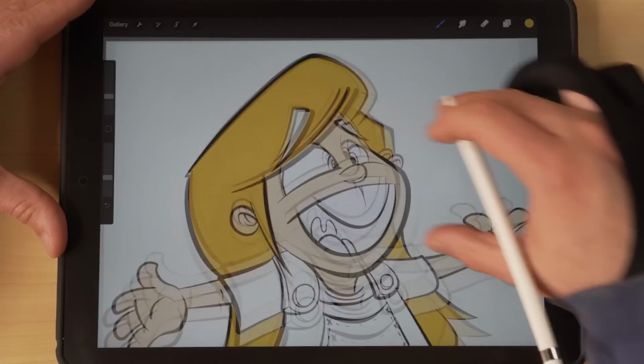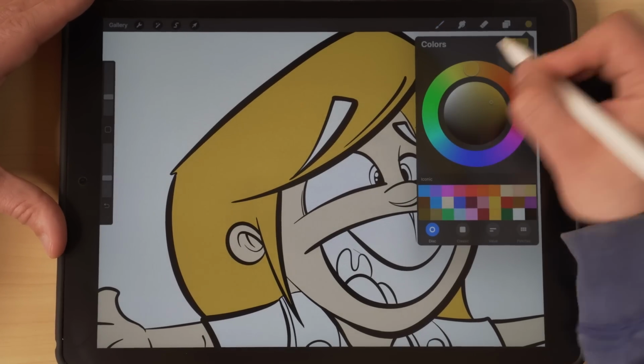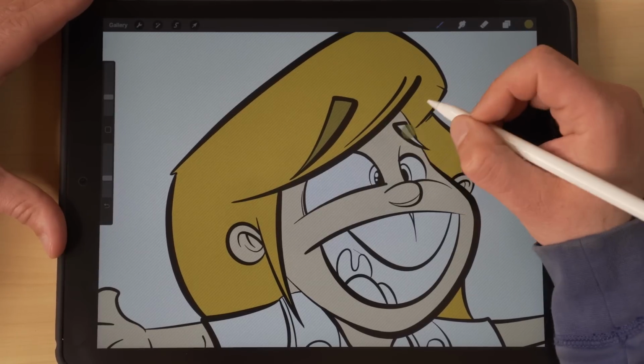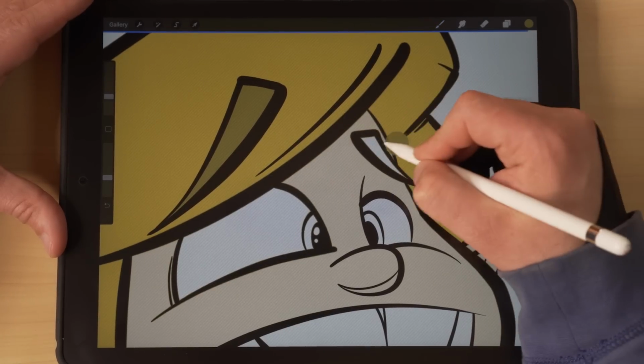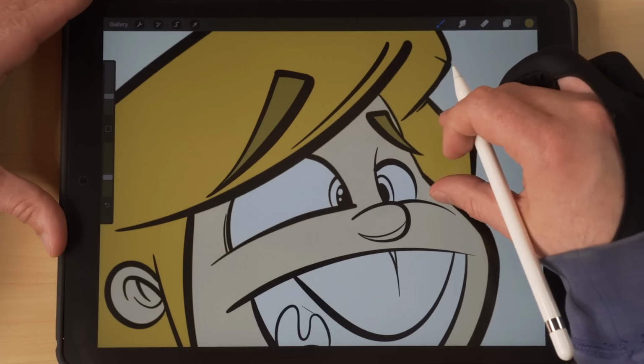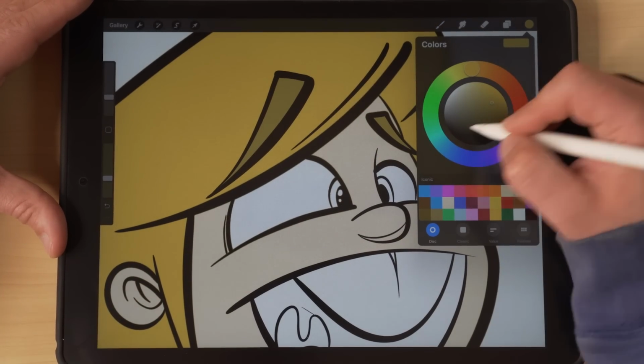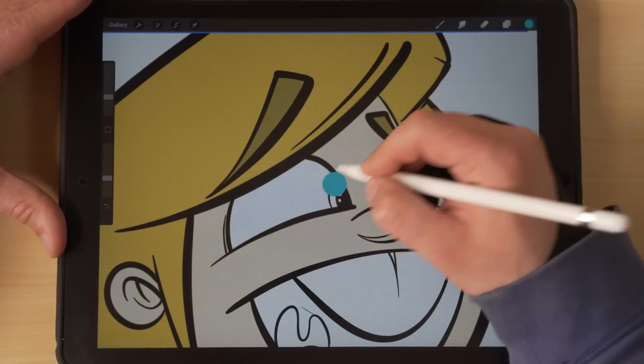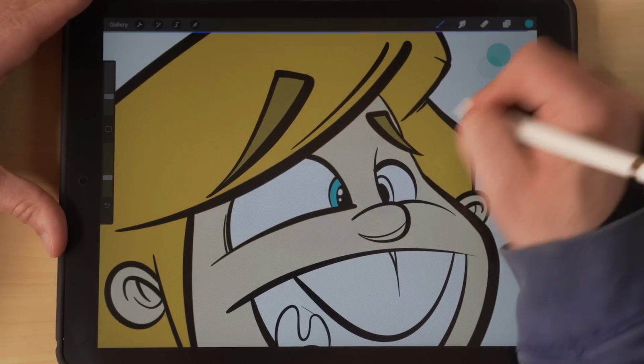And then for the eyebrows, I'm going to go in with a little bit darker of a yellow just so it stands out from the hair, since that one's completely on top of the hair. If I went too close to that same color, you wouldn't really be able to see it except for the lines. So